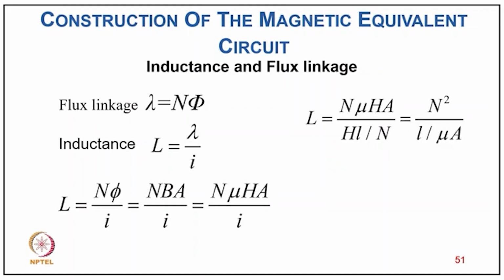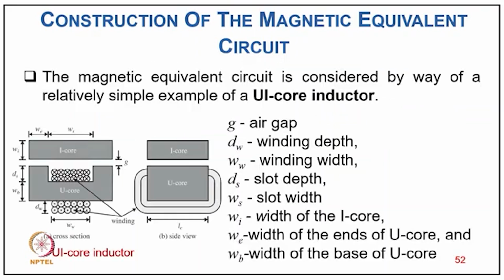So this can even be defined as L, defined as N squared upon reluctance, or it is also defined as N squared into permeance. Like common. So the magnetic equivalent circuit is considered by way of a relatively simple example of a UI core, which